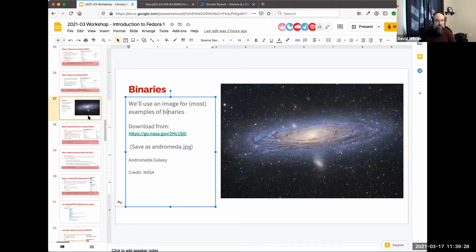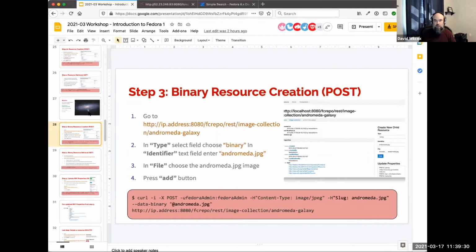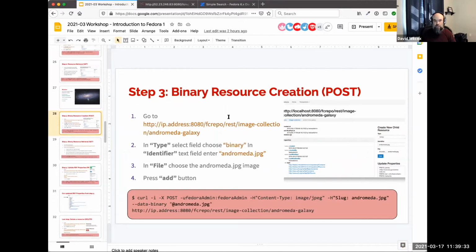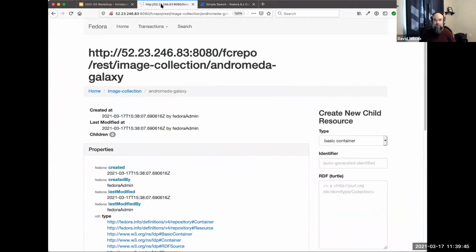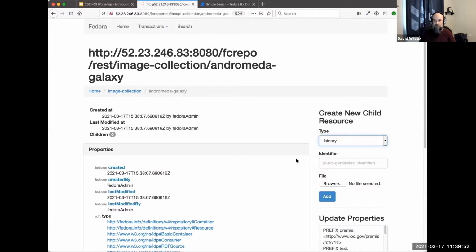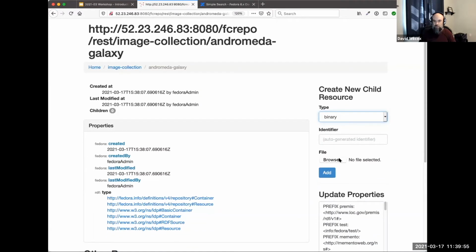So if you have that, on the next slide here, we're going to go ahead and create that as a binary. So I'm going to go to this Andromeda Galaxy container that I created. I'm going to change the type to binary, give it an identifier of andromeda.jpg, and then I'm going to browse for that file. So you'll see that here when I'm on the Andromeda Galaxy container. If I switch from basic container to binary, it gives me a little browse button that I can use to search for a file. So I'm going to paste in the identifier here of andromeda.jpg, and then I'm just going